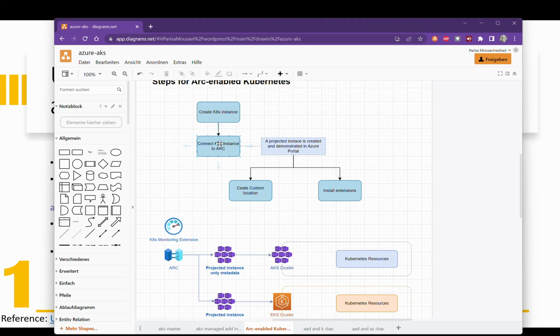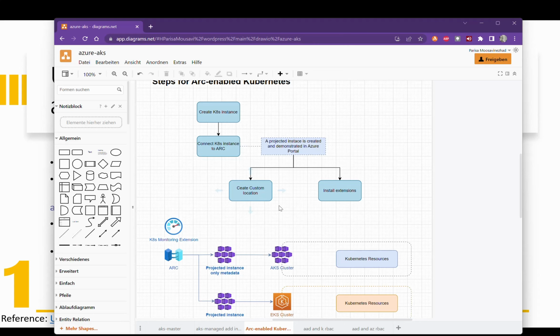We use the AZ CLI command to connect this cluster instance to Azure Arc. When I create this connection, a projected instance will be created for you, which is only metadata, the Kubernetes config information data, which makes it possible for the Azure Arc service to connect to the cluster